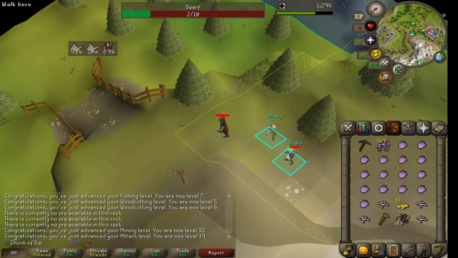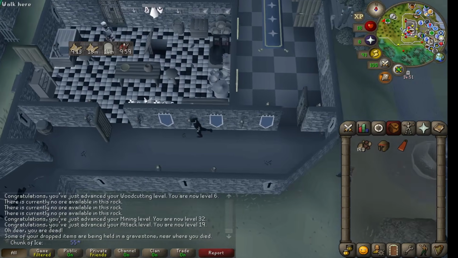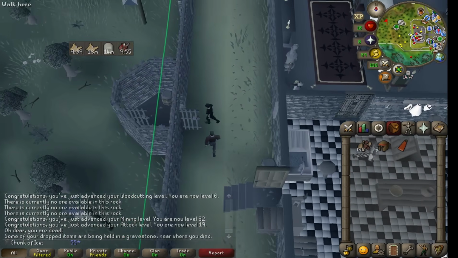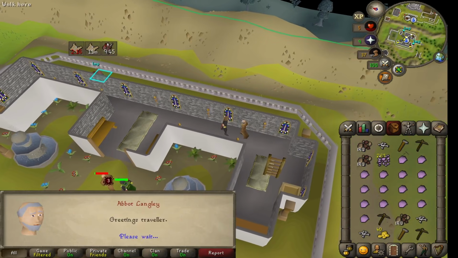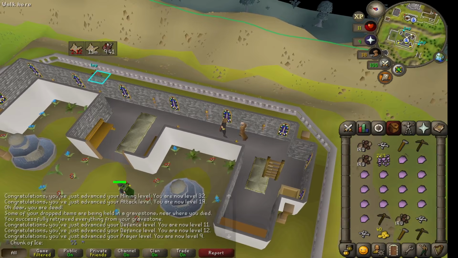Oh shit. I'm not good at flinching. How many times have I died on this account? 4, 5. Oh, so just did a calculation. Seems going on drop rate